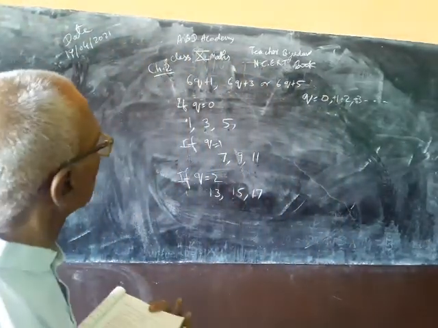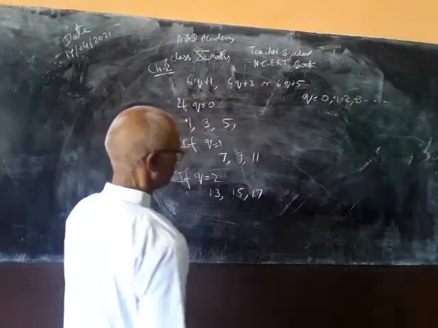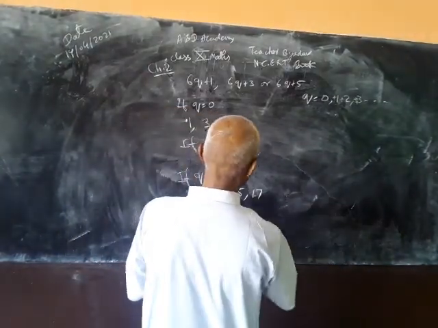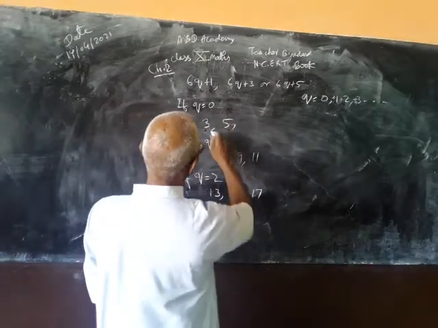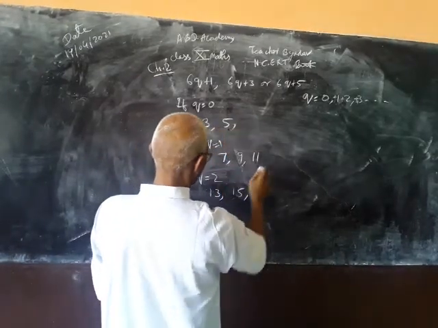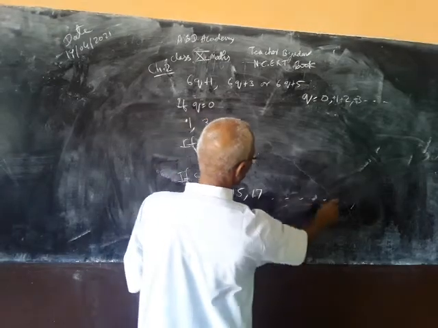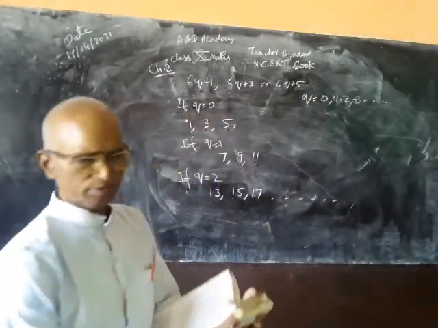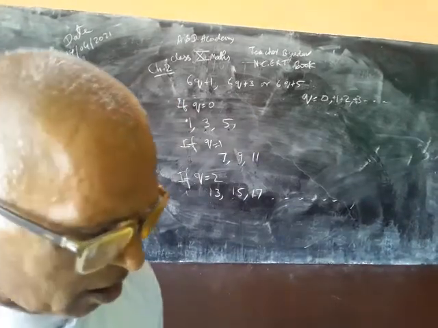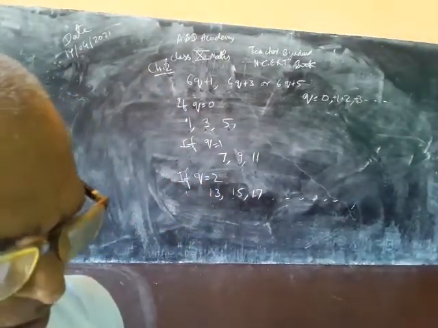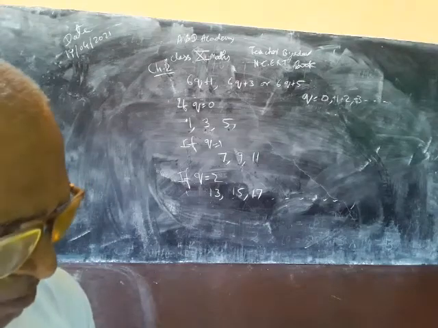Question 2 is this, so this question is over. Try to understand. These integers 1, 3, 5, 7, 9, 11, 13, 15, 17 and so on, all positive odd integers, come one by one and will go up to infinite numbers.